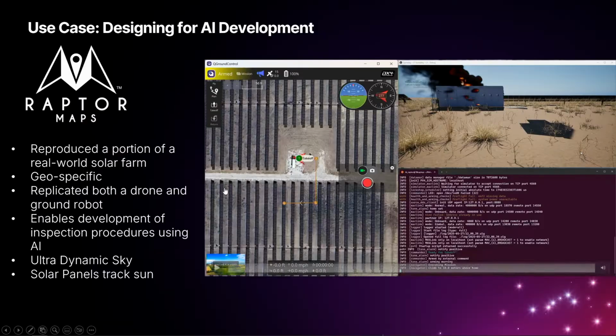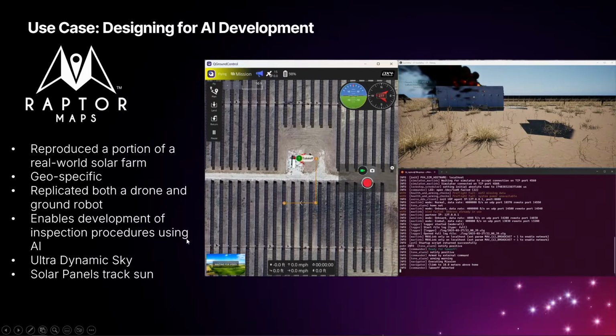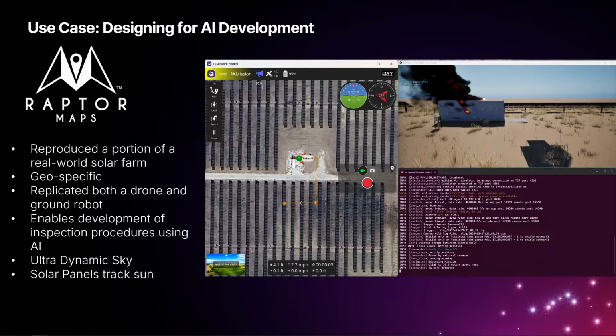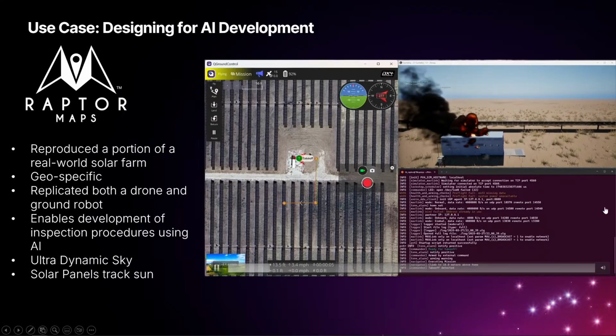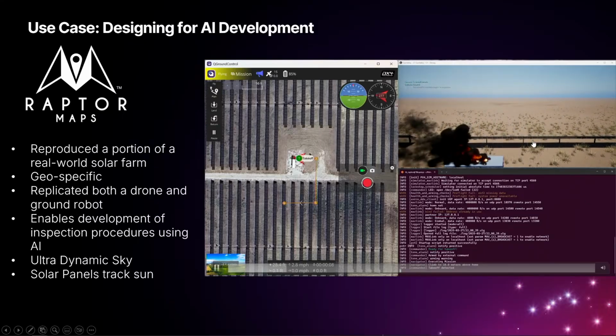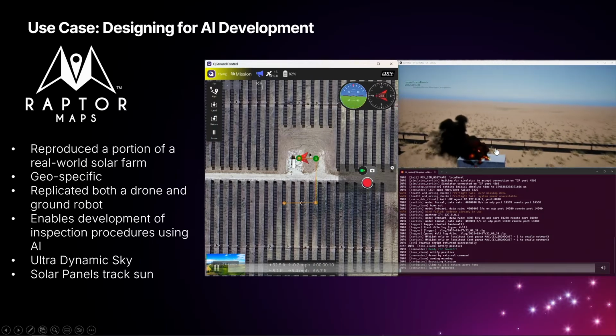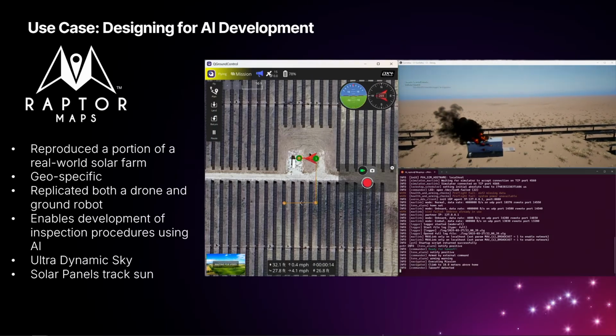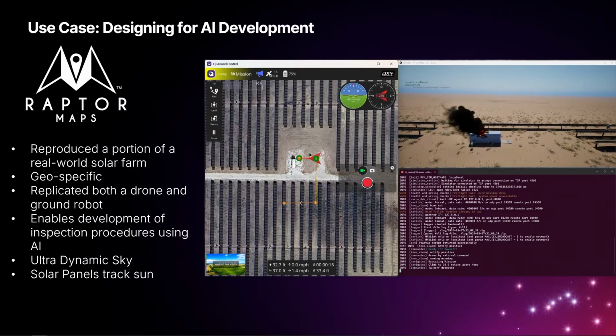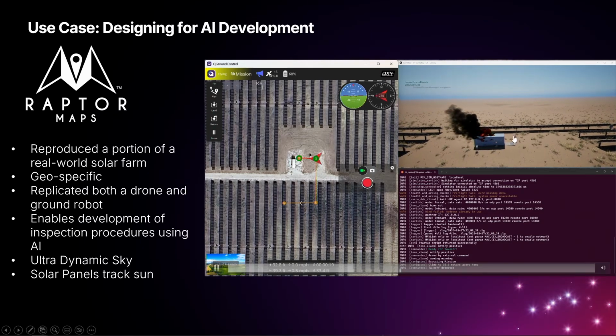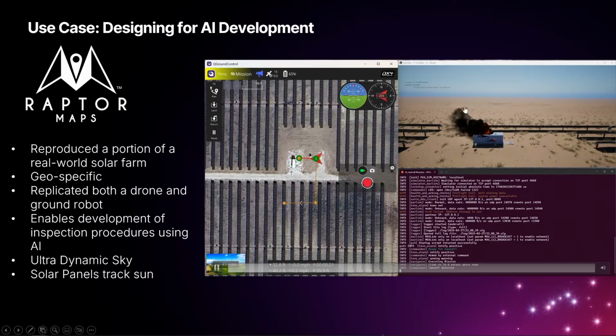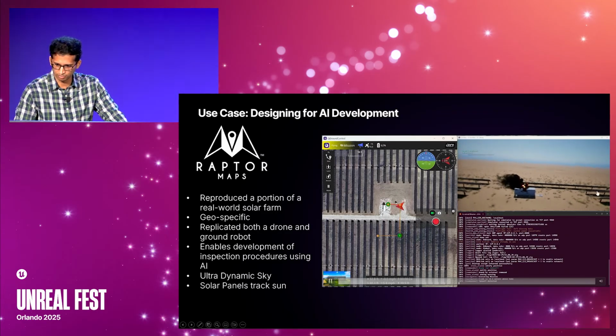So this is actually the project that I was alluding to earlier with Raptor Maps, who are doing a very interesting cross-form factor collaboration for solar panel inspection. As part of that, what we did was we reproduced a portion of a geo-referenced real-world solar farm. But the actual solar panels, which you see over here, are all synthetic assets, right? So this is a scene that Raptor Maps had built in Unreal Engine. And then we were bringing in the drone dynamics and the sensors and so on and so forth. So there's a lot happening in this view here. But the main thing is the Unreal simulation from AirGen running over here.